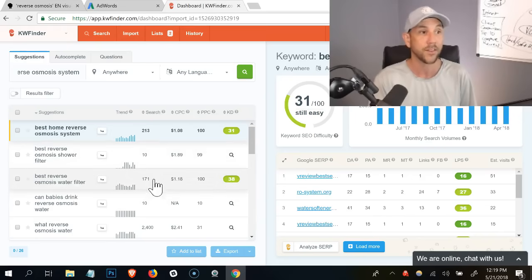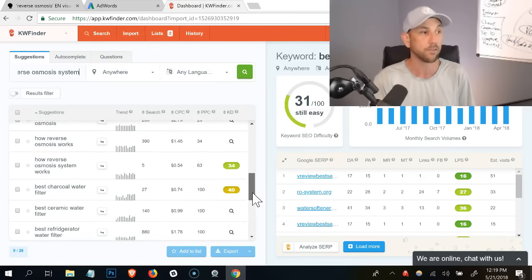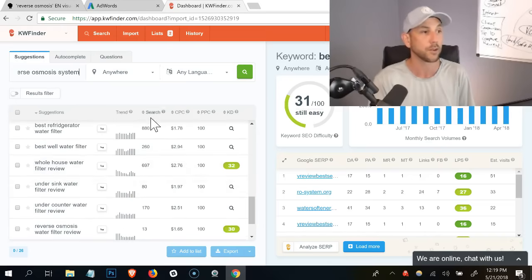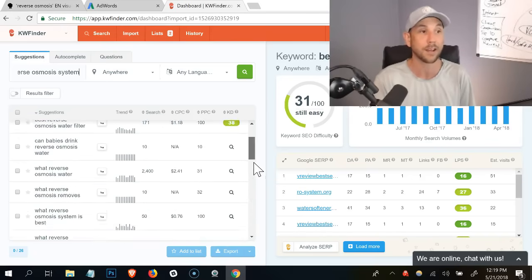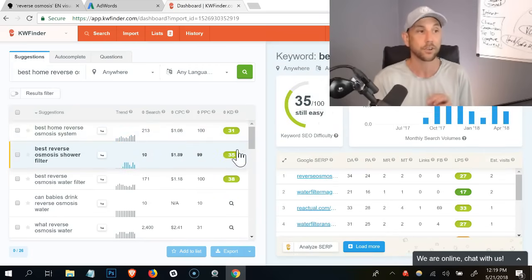But you can see that it's got best reverse osmosis water filter. This is another great one. These are great keyword difficulty scores. Up to even 40 is actually really low, to be honest with you. 32 whole house water review, and you can see I've got the search volume here in the middle. I've got the average cost per click, which doesn't really matter for us, but this is how I create my list of what are the lowest difficulty, highest search phrases.